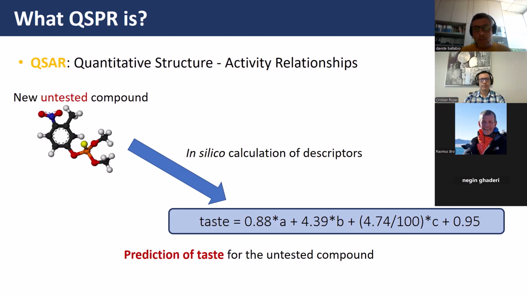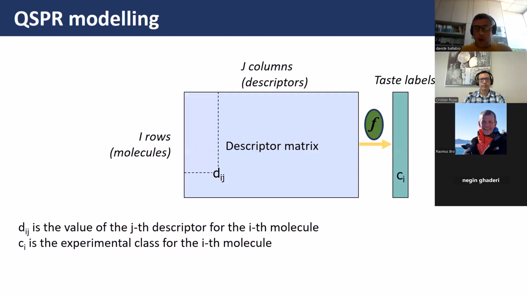So finally, you get a predictive model to predict the taste of a molecule on the basis of the molecular structure, which is encoded in some numbers, which are the molecular descriptors. So we have used the database that Christian explained,